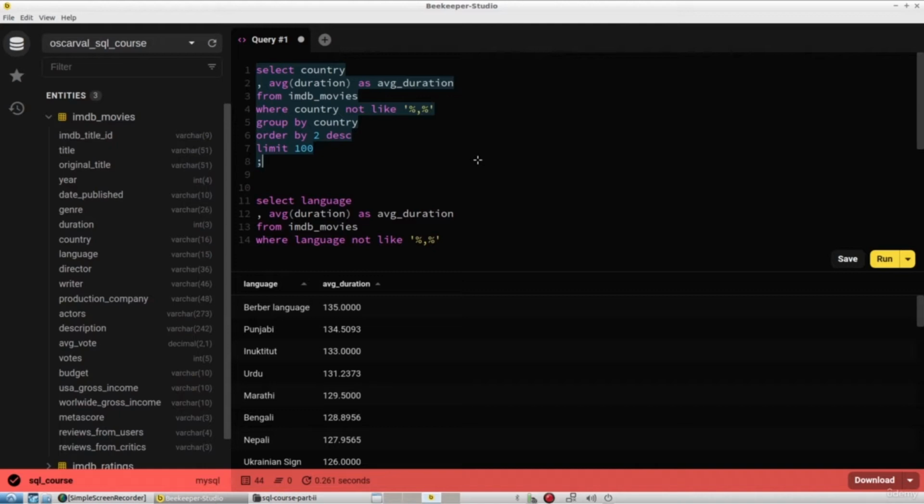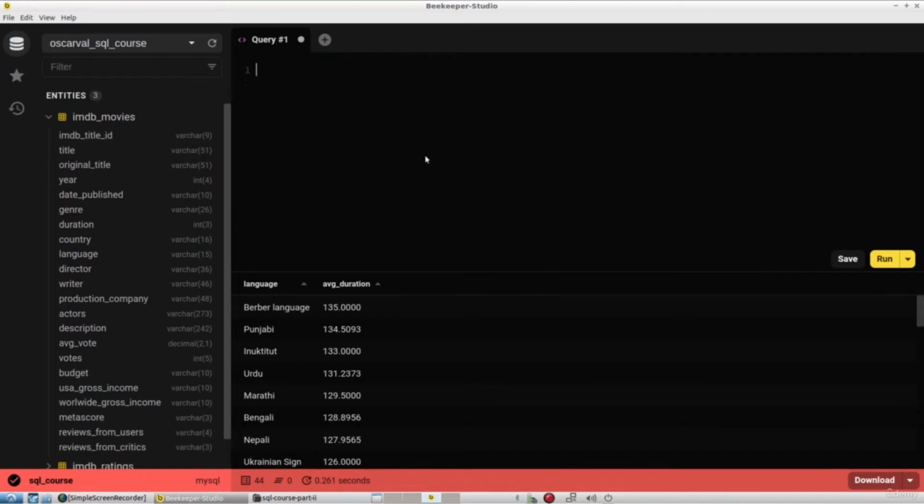Okay, the next topic that I want to talk about is the function of summing. If you recall from our last conversation, summing is basically totaling a specific column. And as we know from our data types, there are only a few columns that we can total. Again, we'll make duration our main focus. And what we want to do is identify maybe the top 5 directors that have the most movie minutes, right? So let's go ahead and say select director,